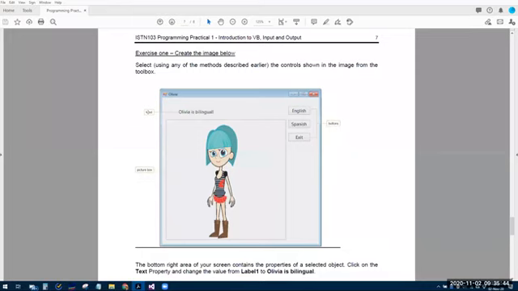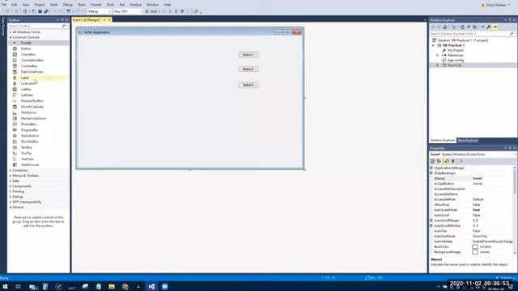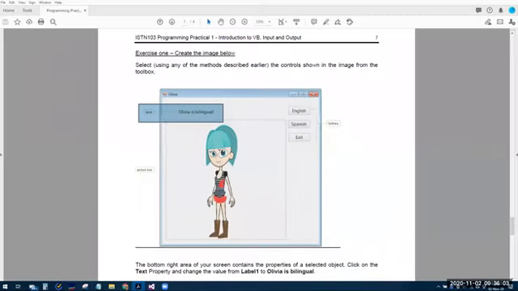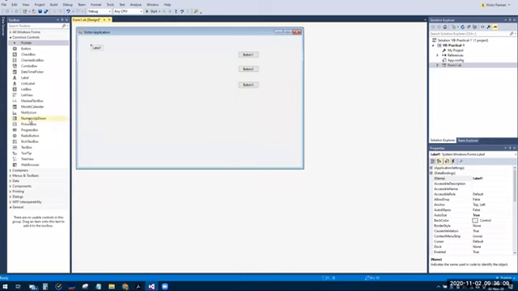Now I want to drag a label or add a label to the form. I want to add a label. Okay, so I'll just look for label in my toolbox. I can double click on this, drag it somewhere here. Okay, and then what else? I want to drag a picture box to the form. Picture box. So I look for picture box here, drag this to the form,